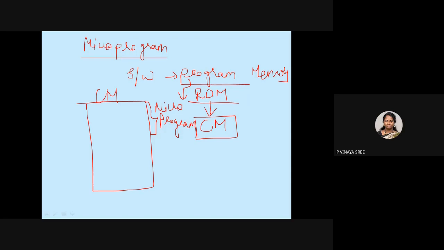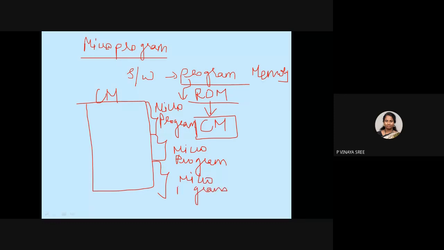This one is one micro program, this is another micro program, and this is one more. A micro program is a set of micro instructions.